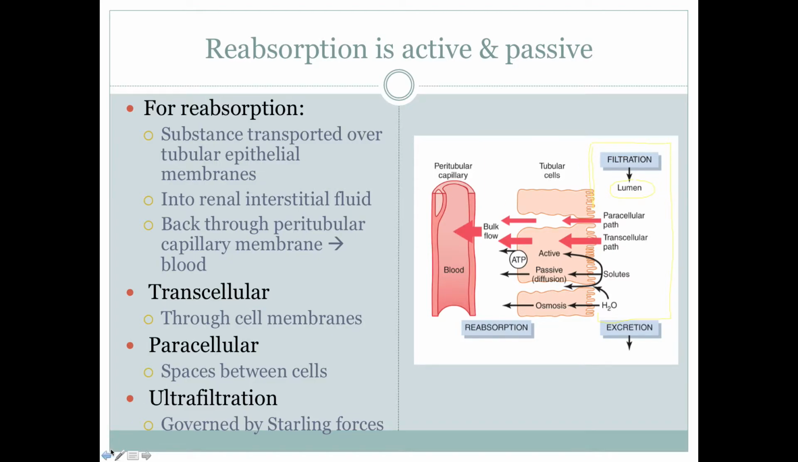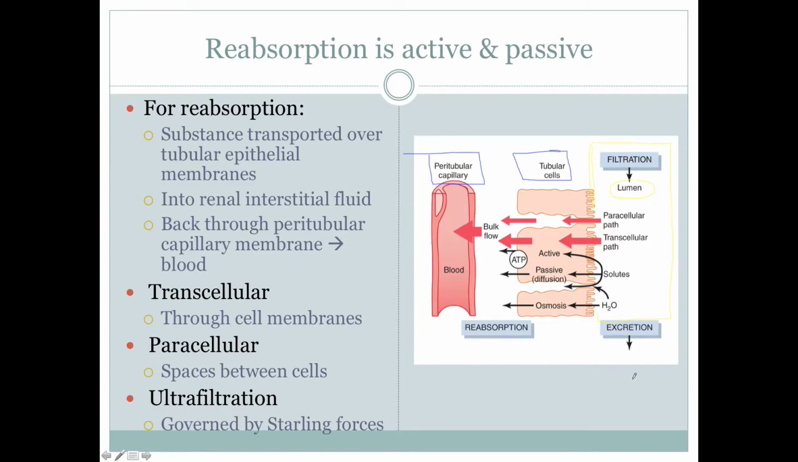Then we have the cells of the tubule itself, tubular cells. They're the epithelial cells that make up the tubule. And then we have the peritubular capillaries, like a net wrapping around the different parts of the renal tubule so that things can be transferred back and forth depending on what is needed and what needs